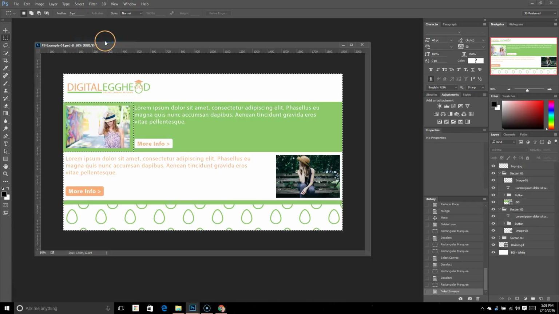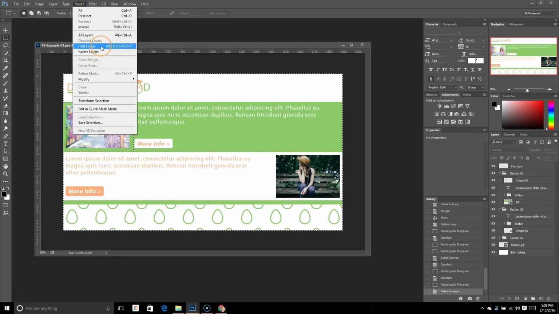You can deselect all the layers. You can find specific layers. You can isolate layers. Color range and focus area. Refining your mask, which would be your layer mask. If you put a layer mask on it, you may want to refine the mask itself. Modify your selection. This is where you can add borders, you can smooth out your selection, expand it, contract it,